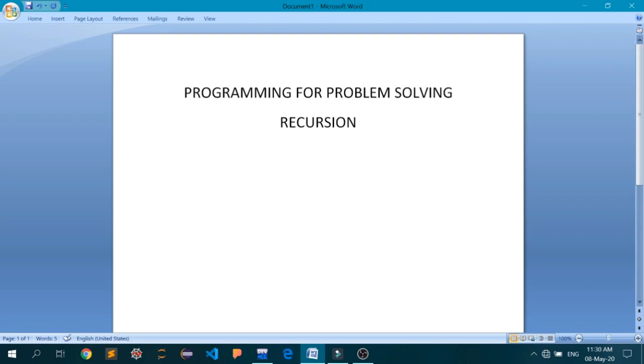And today we are going to start a new topic called recursions. I will try to complete this topic in this lecture and the next lecture. Today we are going to see the idea behind recursions and a small example, and tomorrow we are going to see a typical problem that is implemented with the help of the idea called recursion.